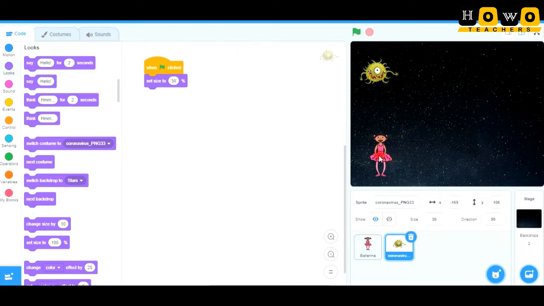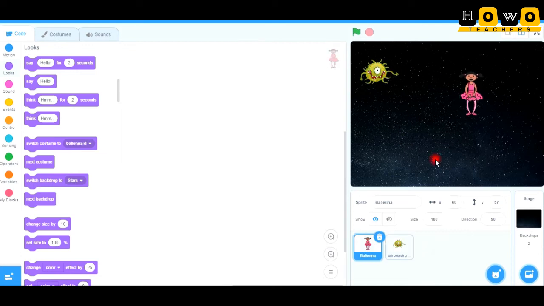So this is the coronavirus and this is my ballerina, and I want to save my ballerina from this coronavirus whenever the game is going to start. And now I have to code for the movement of this ballerina. I want it with the keys of my keyboard. You can use any key here. I am going to use the up, down and left, right keys. So when I press the key, there should be movement in the ballerina. So let us take some code here.